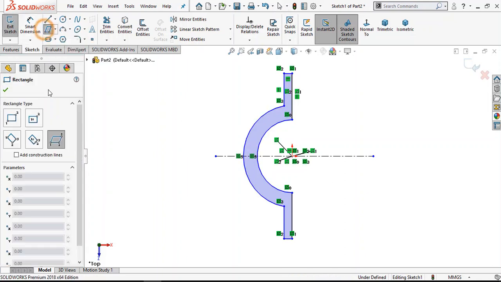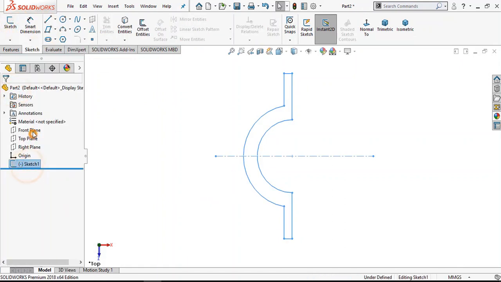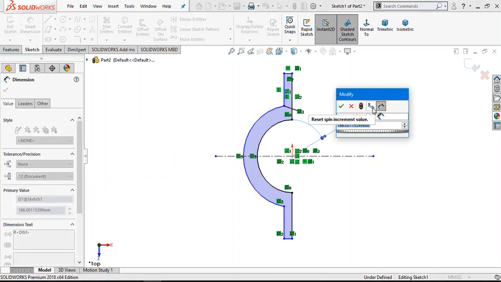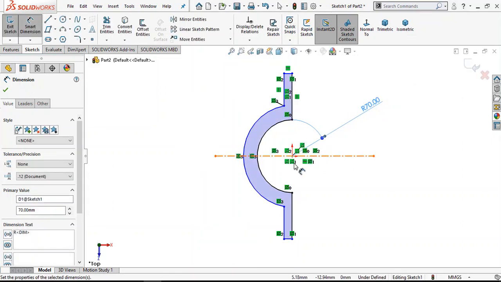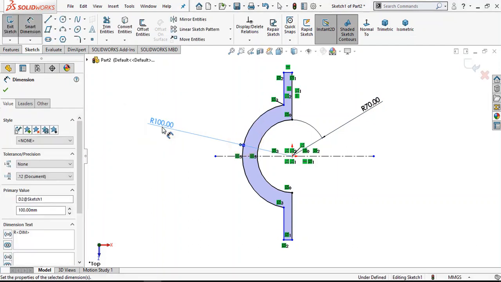Now assign the dimensions. Make it 70 mm. And this is 100 mm radius.